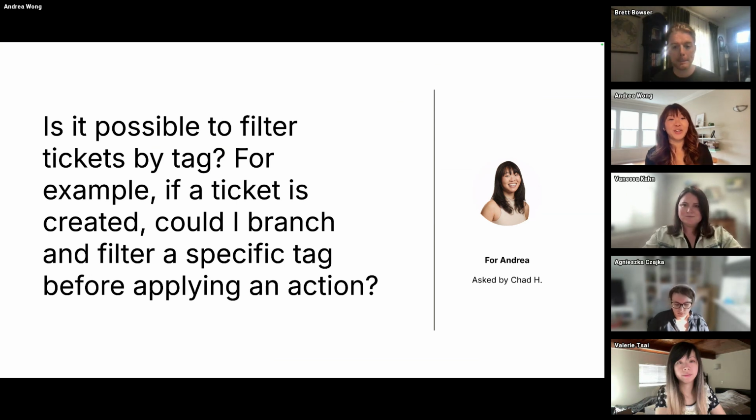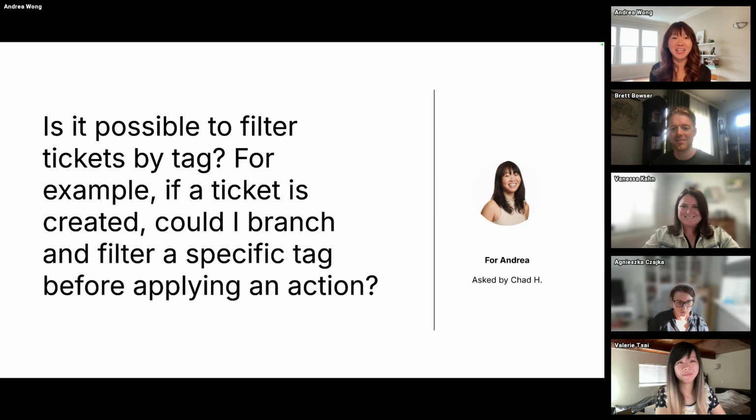I feel like I saw this question coming when we received it, but right now this isn't a feature that's currently supported, but the good news is that it is under development. So if you're in our EAP, you know that we've been aiming to have monthly releases. And so in a few weeks, this is one of the updates that we plan to include within the Action